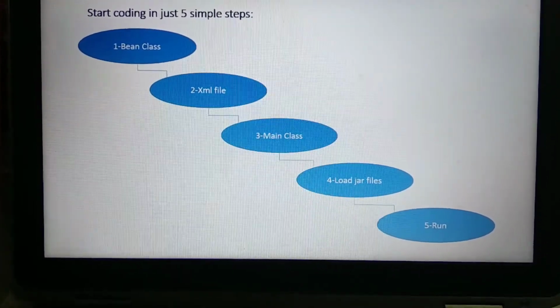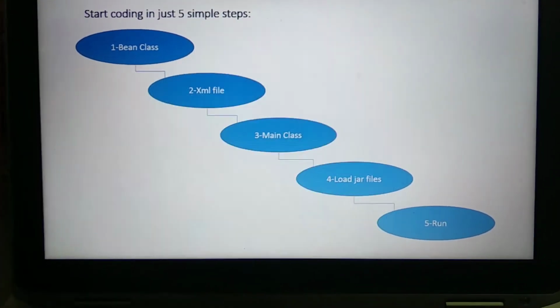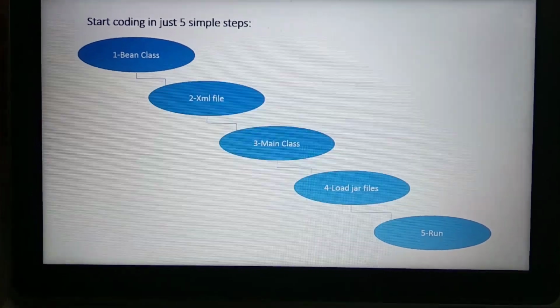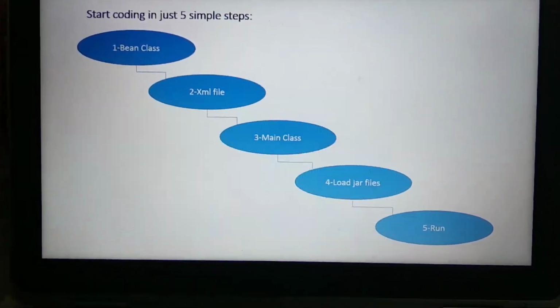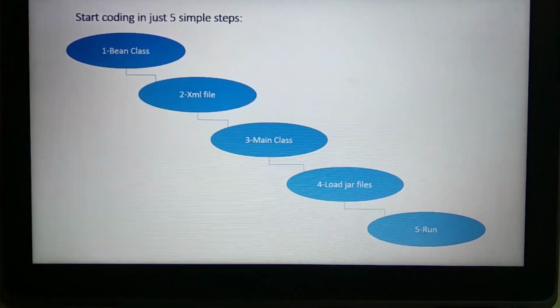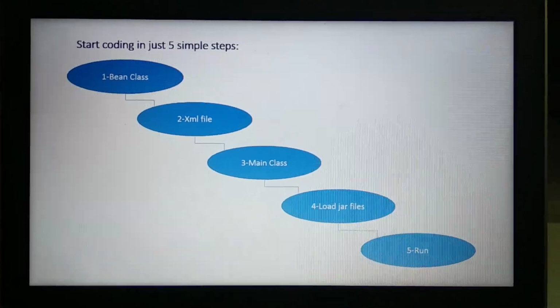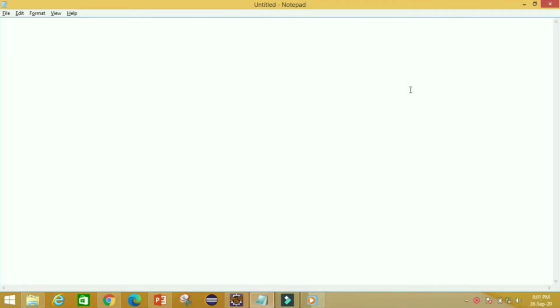Then finally we will run this application. This is the sequential order to write and run the application.